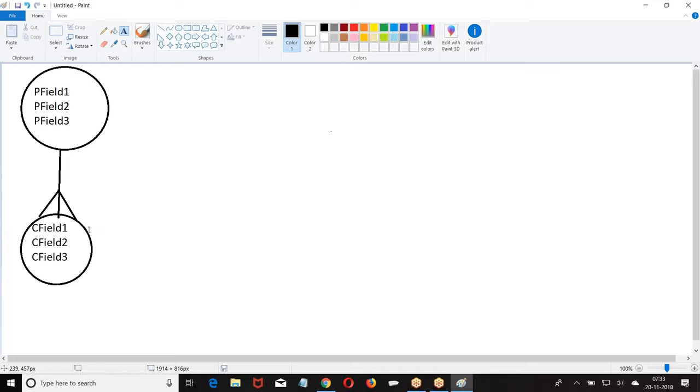Now, when two objects are connected by a lookup relation or a master detail relation, if the child wants to refer to the data from the parent, we call it a cross object formula.